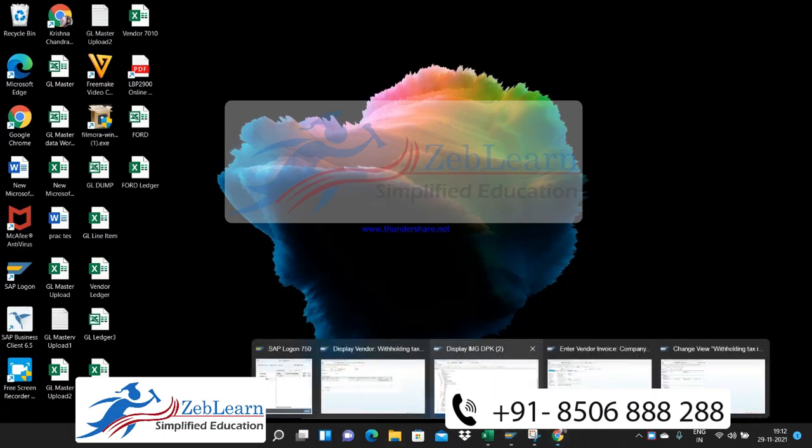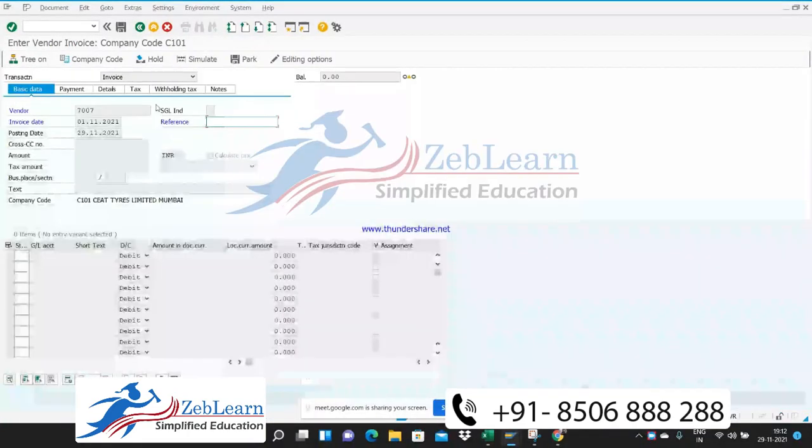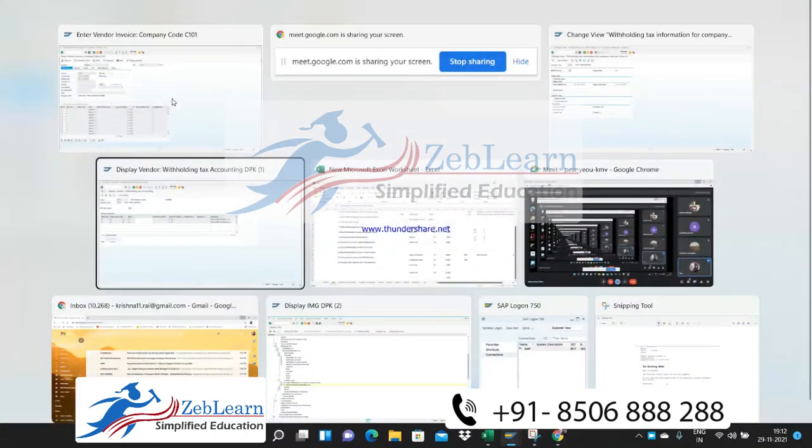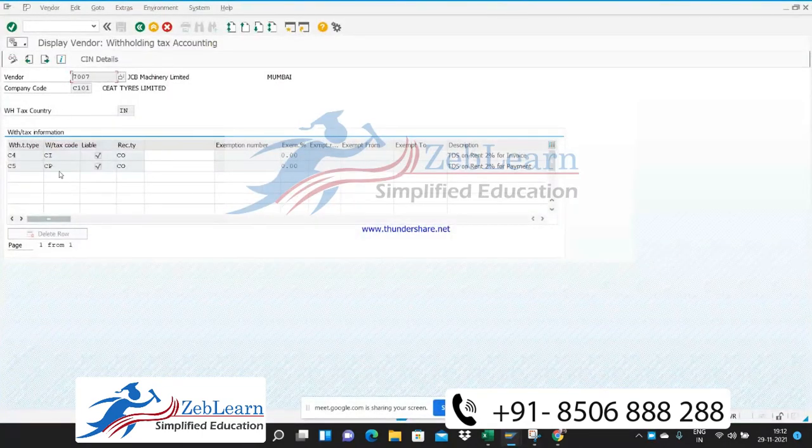So now what was happening, I'm just repeating it again. When we're trying to post the withholding tax code here, the system is giving me a table which is non-editable. In that sense, the system is not capturing the withholding tax data which we have updated in the vendor master. This is the vendor master where we have updated the withholding tax type codes and all, but still the system